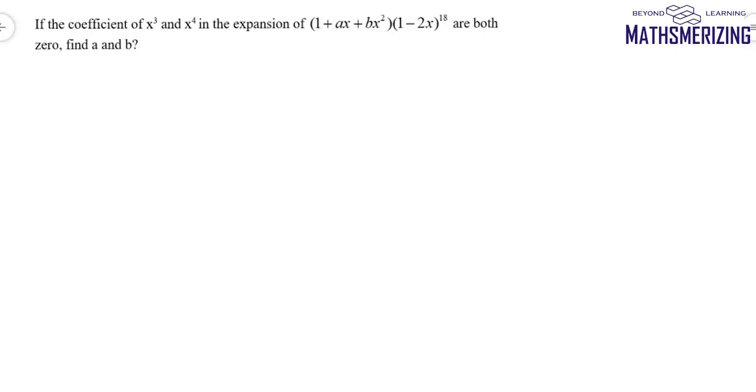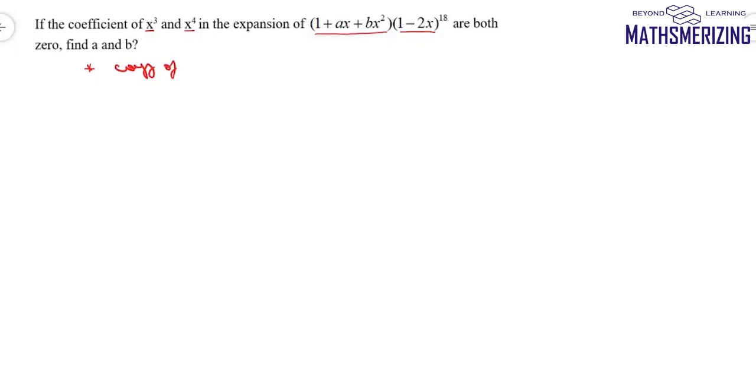If the coefficients of x cube and x to the power 4 in the expansion of (1 + ax + bx square) into (1 + 2x) to the power 18 are both 0, then find the values of a and b. Now if I find